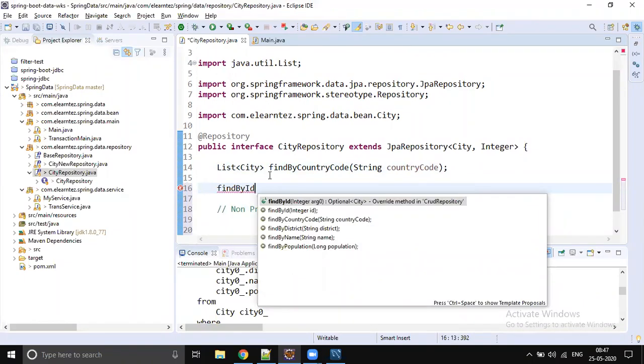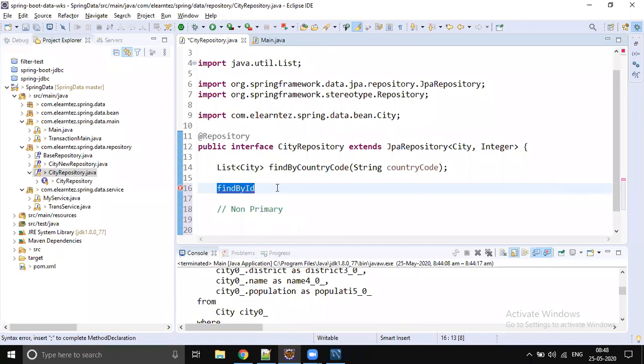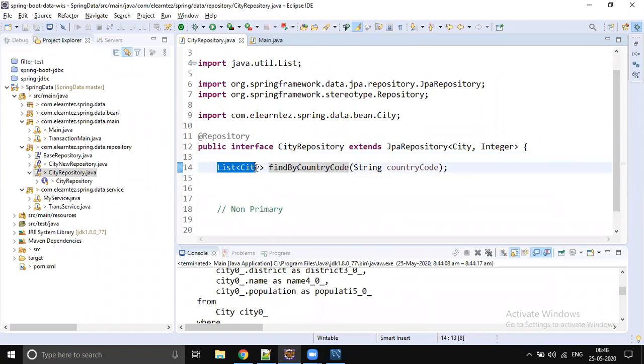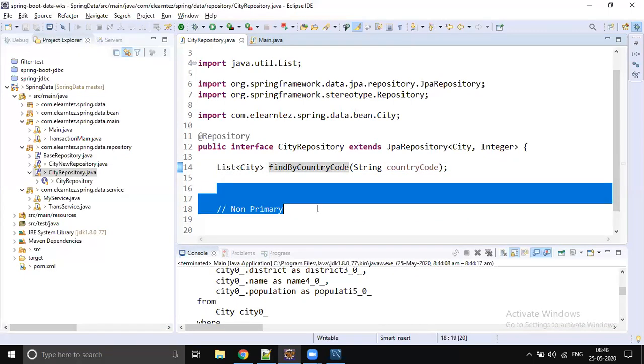It's already written in JPA, and it's already written in the CRUD repository. You can use that. You don't need to write this method. When you would like to fetch the data by using the primary key, if you write something, it's a waste, because it's already written in Spring Data JPA. So usually you write your method for a non-primary key. Whenever you are writing a findBy method, make sure you expect a collection, because there might be multiple rows with the same data. So it's better to return a collection.